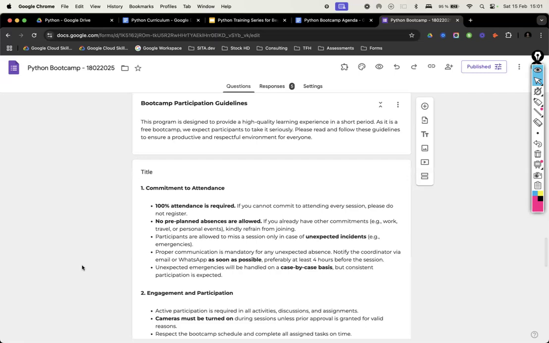But as we are doing it for free, we are very strict with the attendance criteria, the commitment. We don't want anyone to take it for granted, because we get a lot of applications for almost all bootcamps, and we only take 10 to 15 people maximum. We don't take more than that, so that there is good quality. I mean, everyone who joins the bootcamp is actually learning something at the end. Everyone is happy at the end.